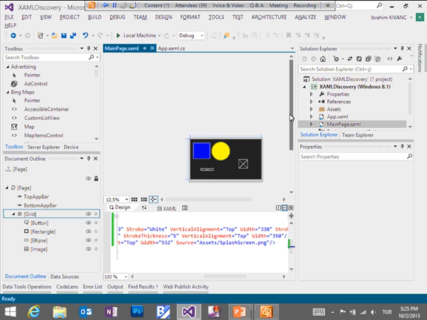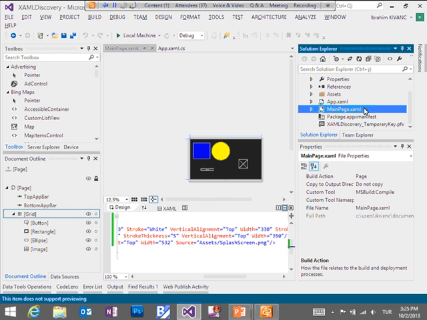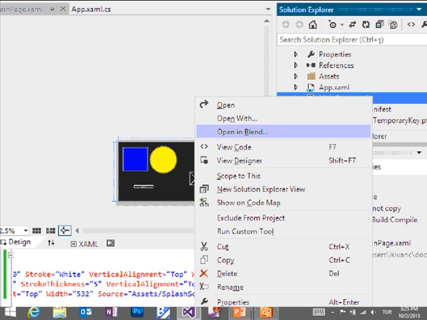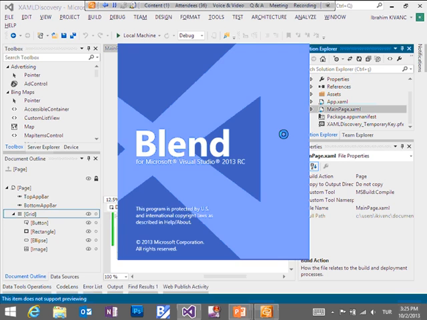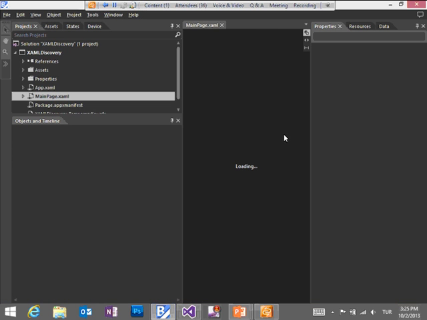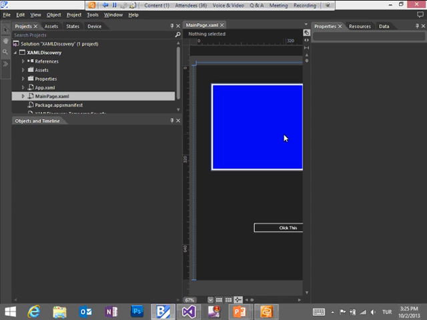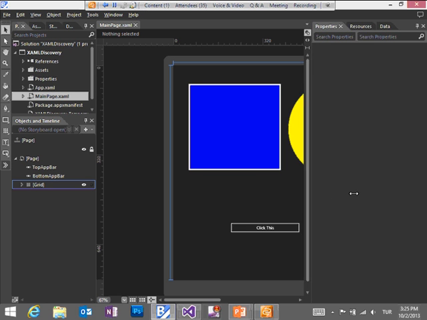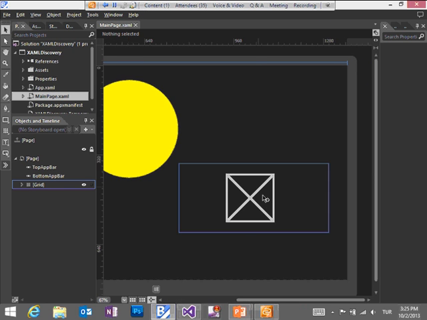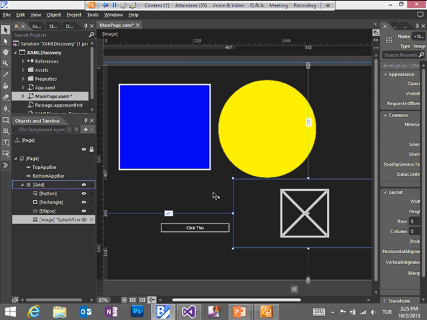So what I will do is, I just wanted to make it more interactive, or discover what else I can do with it. So I will go to main page and right click on it, and say open in Blend. You can directly open the same application through Blend, and you can focus on the design side. And the good thing is, for example, if you wanted to change something in here, like this image, you wanted to put here, and I saved it with Control S,